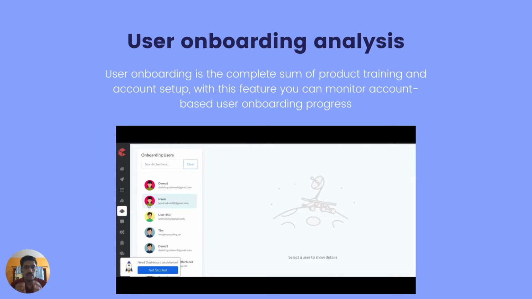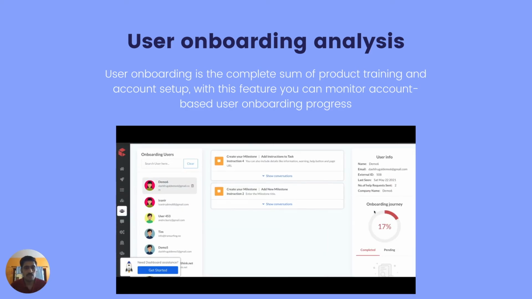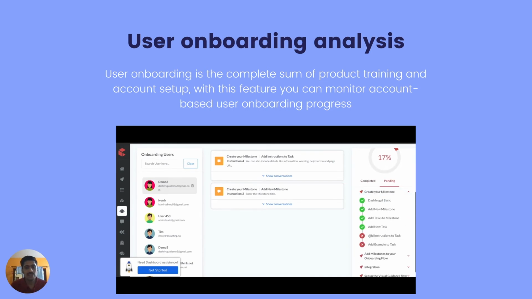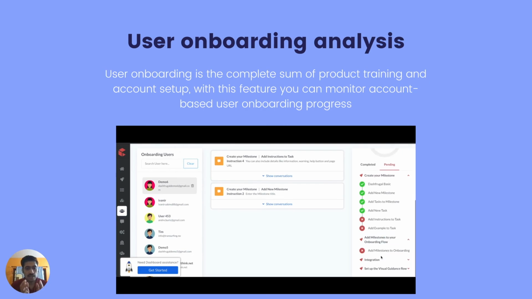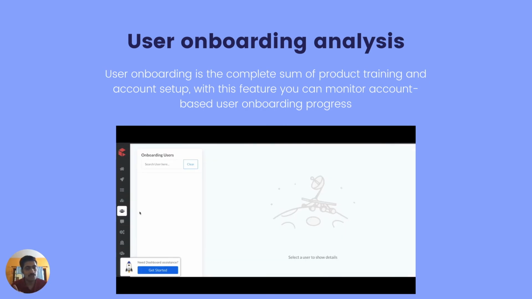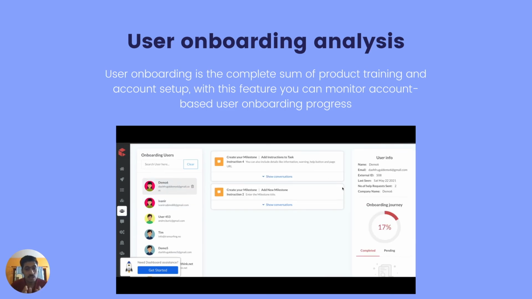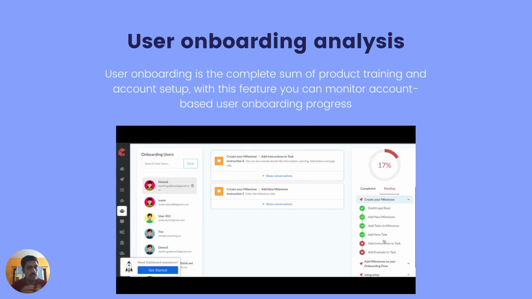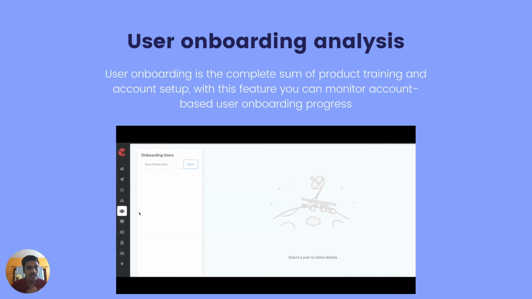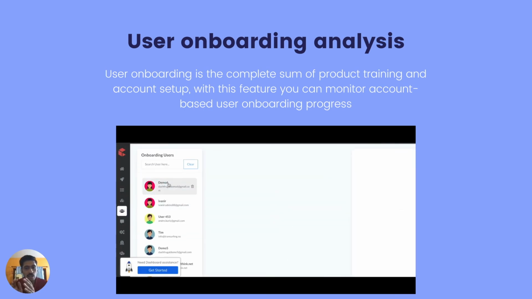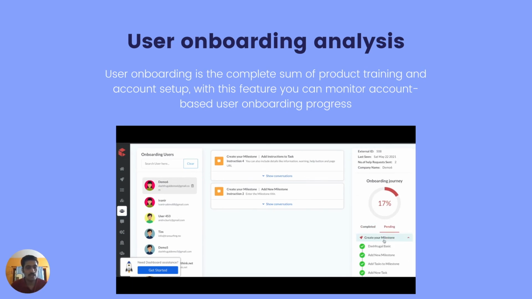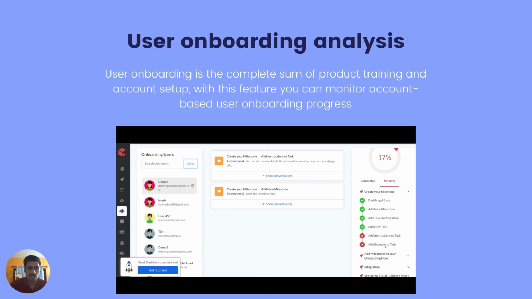And the fifth one is a user onboarding analysis tool. User onboarding analysis helps when a user is stuck somewhere. The tool helps the customer success team member understand, on an account basis, where this user is stuck and what percentage of the onboarding process this account holder has completed, etc. So this tool gives insight to the customer success team member to help them, in multiple ways such as via email, to take users to the next steps.